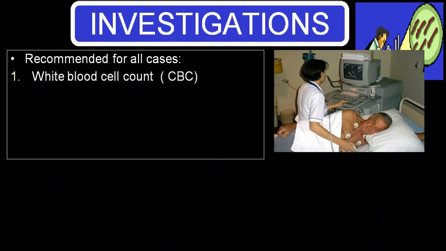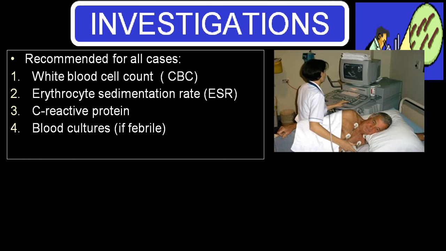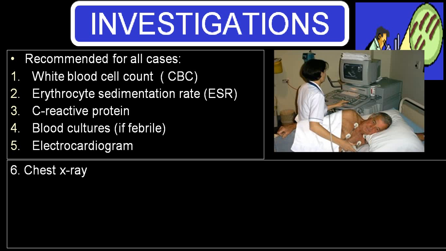CBC is very useful. Leukocytosis goes in favor. ESR high also goes in favor. C-reactive protein, blood culture positive, and PR interval prolongation in ECG. Chest X-ray is not confirmatory, but cardiomegaly with signs of CHF. In echo, vegetations, involvement of mitral valve, aortic valve,